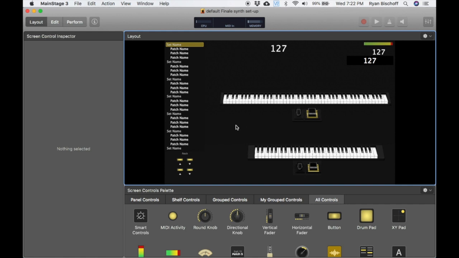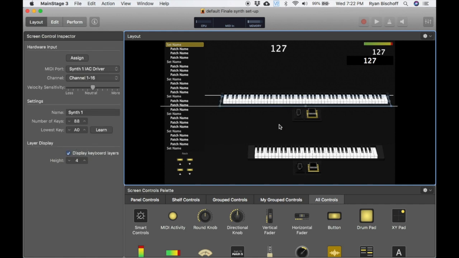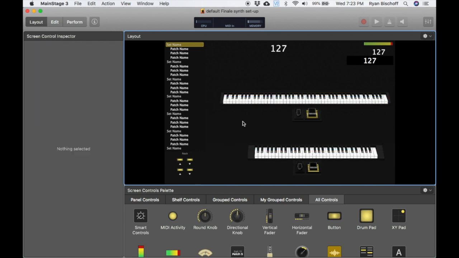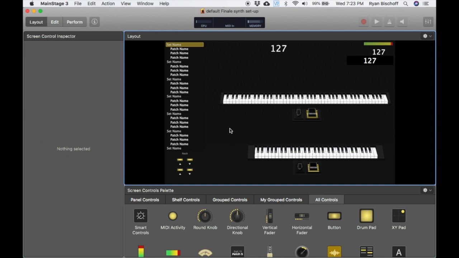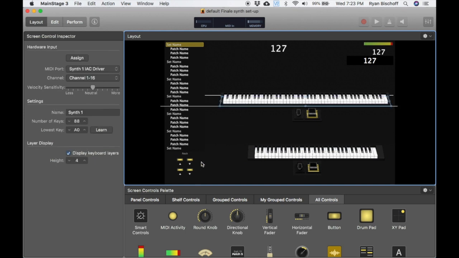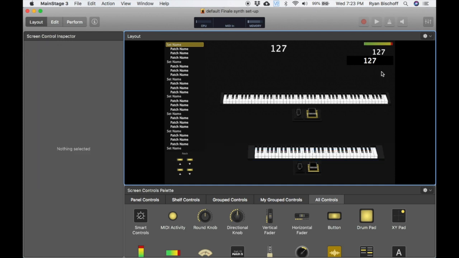That way they could continue using a sound while they're changing, and I have all the patches set up that way to work well for that. So I have buttons for patch changes here that operate for each keyboard. So this keyboard gets these patch buttons, this one gets these patch buttons,